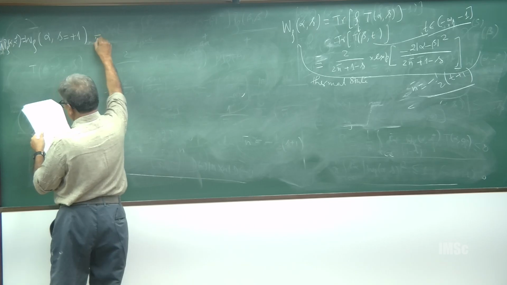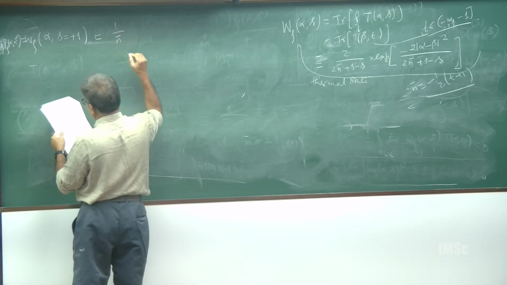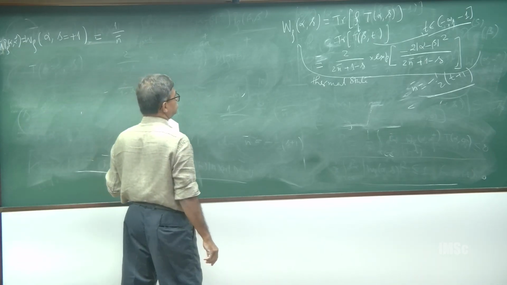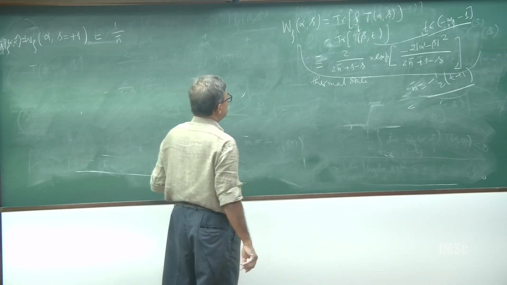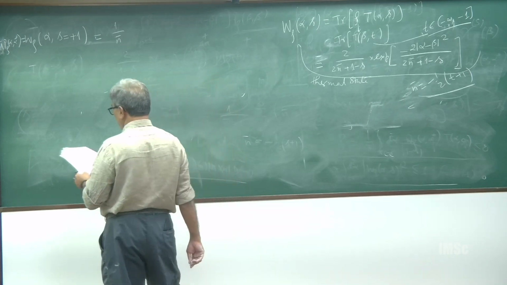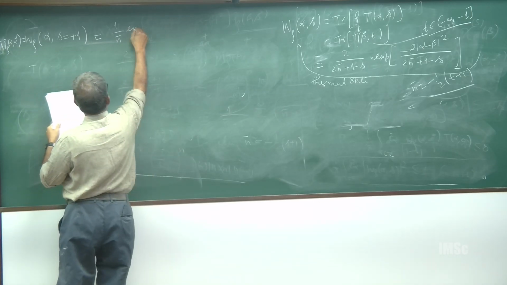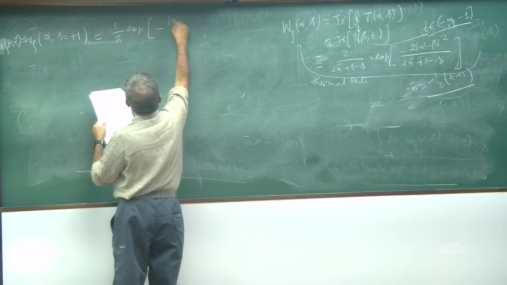So, this will be equal to 1 upon n bar, then exponential of minus alpha minus